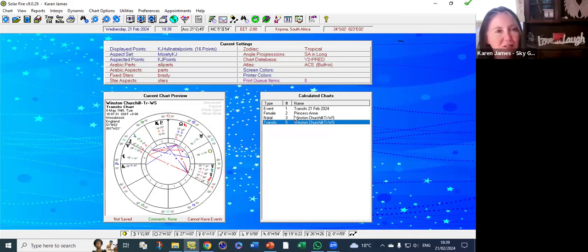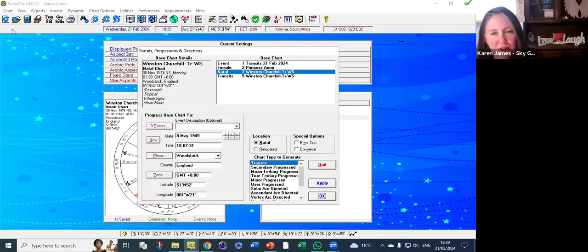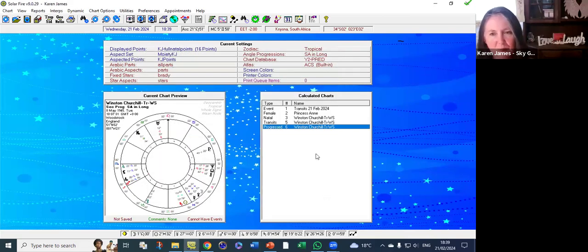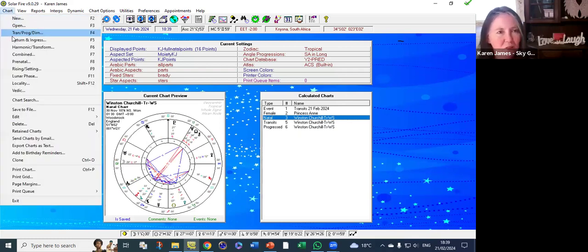You go back to your natal, you go back here to chart, you go back to transits, progressions, and directions. Now we are going to do secondary progressions. Keep it at that same date. So you do all 3 of these extra charts, same date, secondary progressions. There you have it. Back to natal, you go back to chart, back to